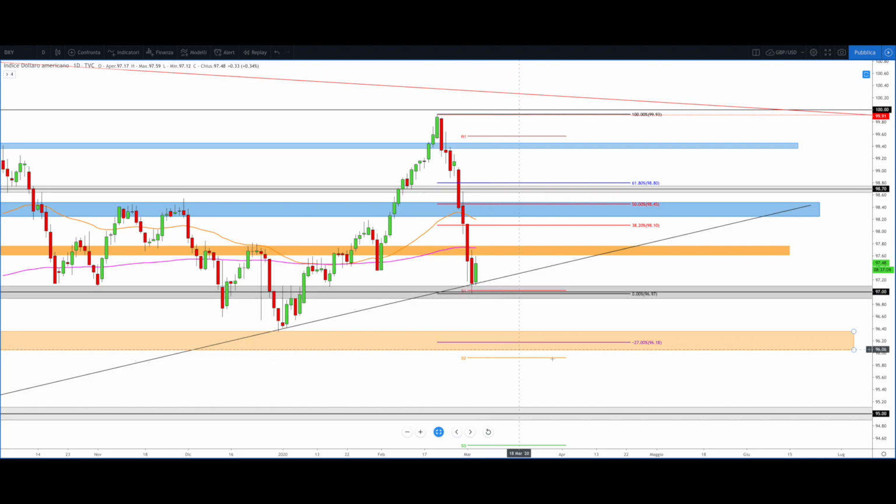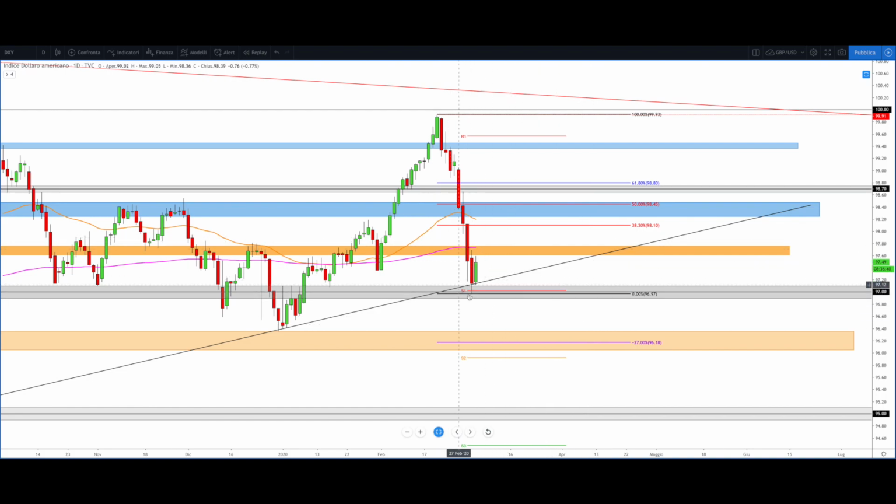Using Fibonacci, we can see that this extension perfectly matches the next support area. So if the price starts a correction, I will look carefully at the price action between 98.10 and 98.45, because a clear reaction of this area could bring the price to a new bearish phase, giving us a big movement on every pair with the US dollar, like Australian dollar US dollar, Euro USD, GBP USD, and many